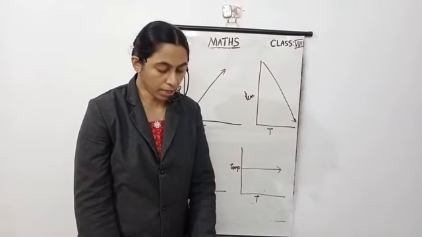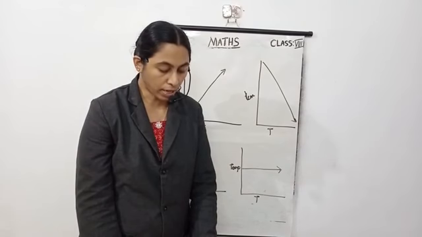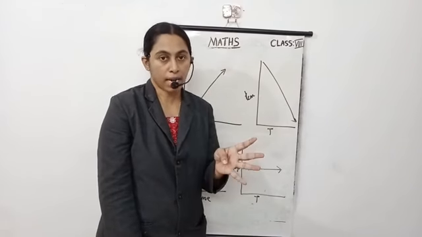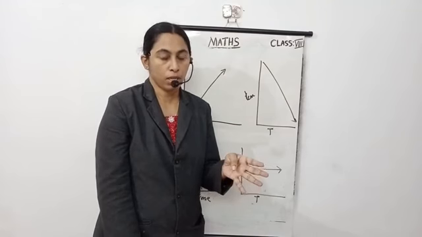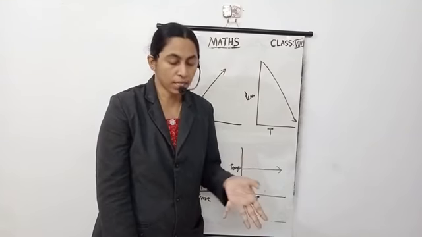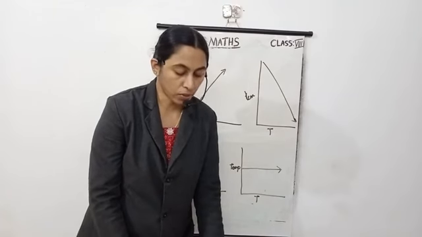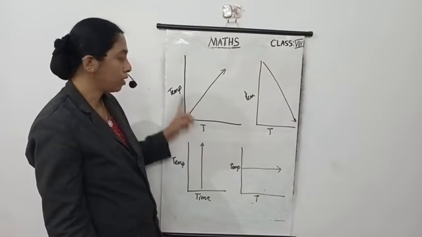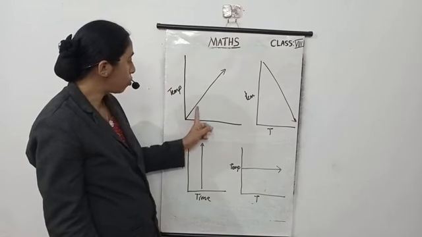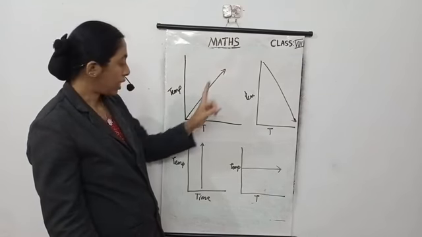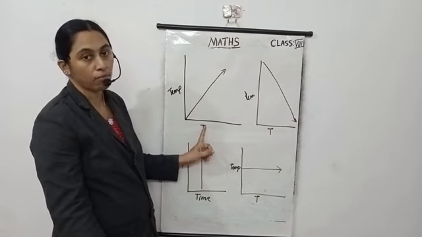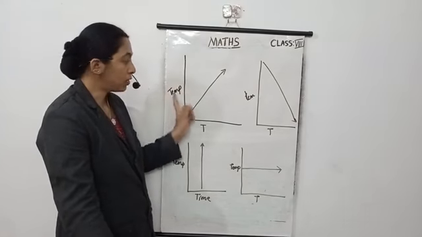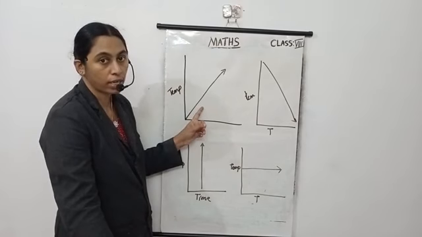Now question number 7. Can there be a time temperature graph as follows? Justify your answer. So here 4 line graphs are given. We are going to say which is correct, or which graph represents a time temperature graph. So take the first one, here time, here temperature. The graph is going upwards. This graph means when time is increasing, temperature is also increasing. Is it a correct graph? Can you guess?